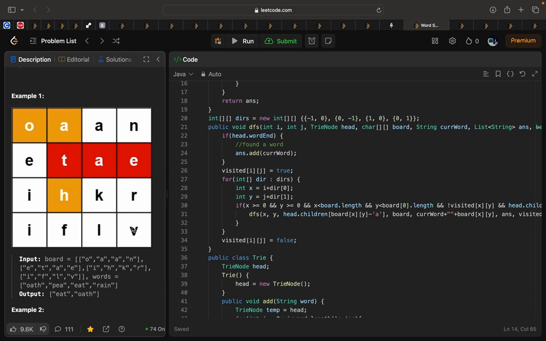Then we will move on in all directions and we will come to V. From here we come to V and we add V here. And then we see if the word is ended. But in that case our word will not be ended because we are adding it to the